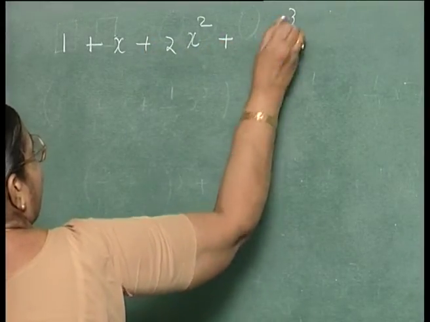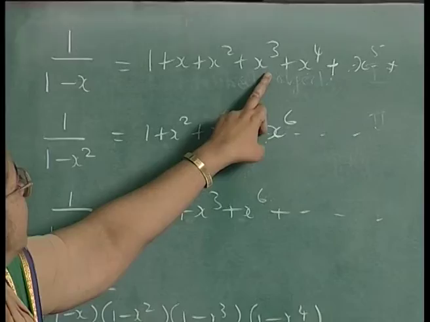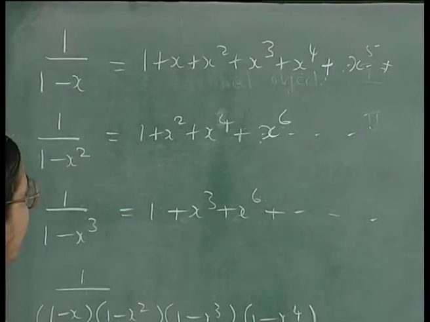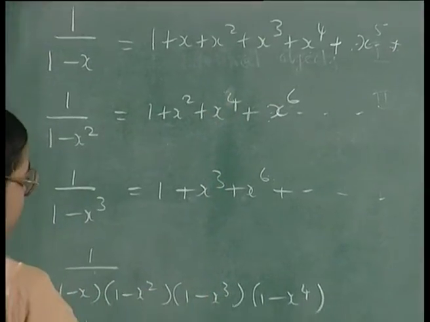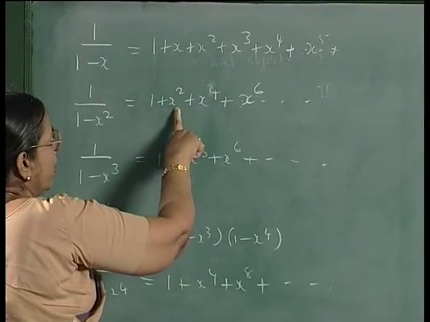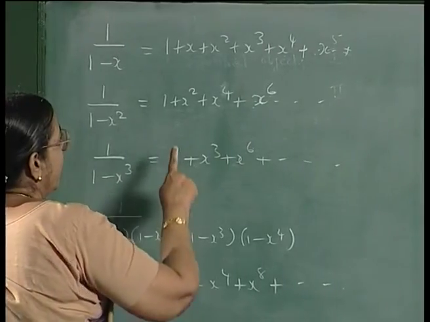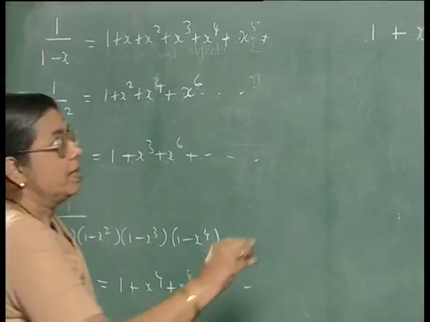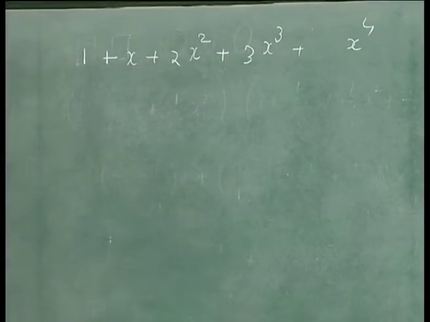What will be the coefficient of x cubed? You can pick x cubed from here and 1 from the other three, that is 1. You can take x squared, then you cannot multiply, so that is ruled out. If you take x and x squared and 1 from here, you get 1 value. If you take 1 and x cubed from here, you will get 1 value. So, that is 3.